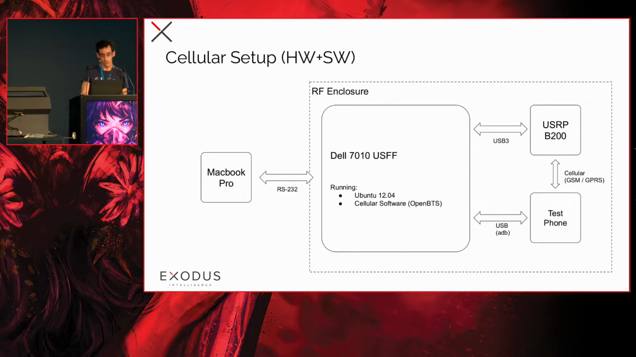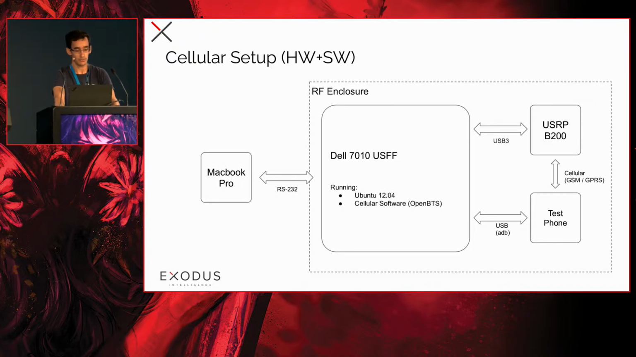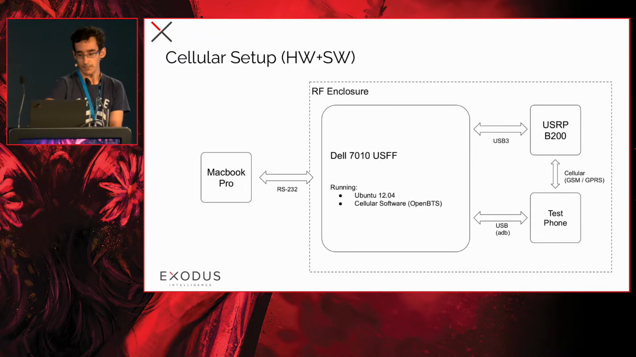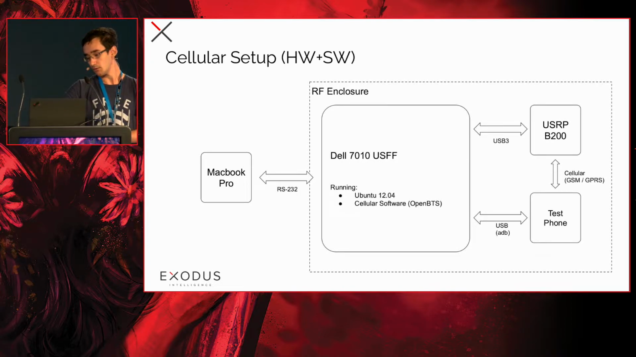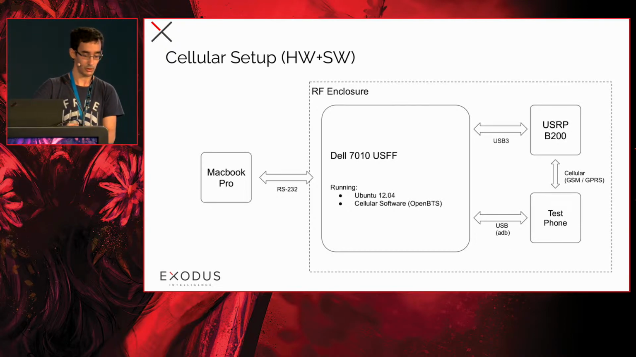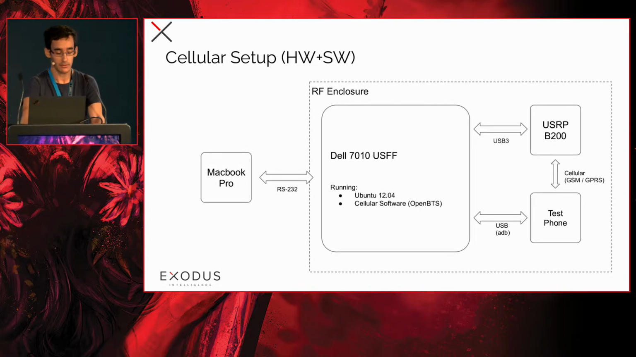And this is what it looks like in very abstract terms. So this Dell machine is running Ubuntu 12.04 and is running OpenBTS. OpenBTS is going to be the base station software. OpenBTS is directly controlling our USRP, and we are also controlling the test phone through ADB. The USRP and the test phone are obviously going to be talking over GSM, and this all is going to be controlled by another machine that is sitting outside of the RF enclosure, and is going to be communicating